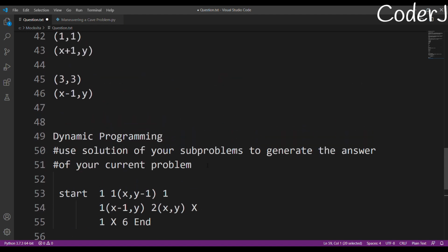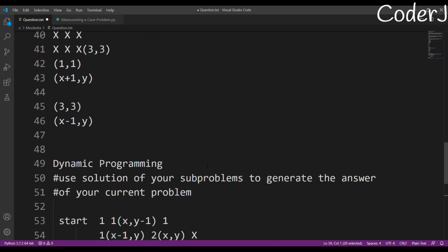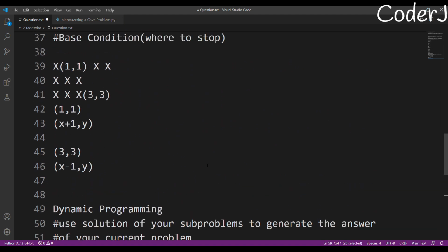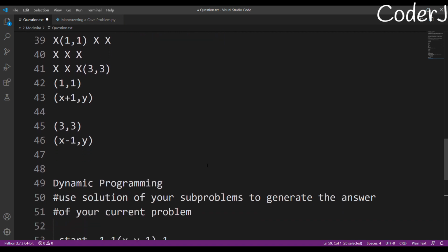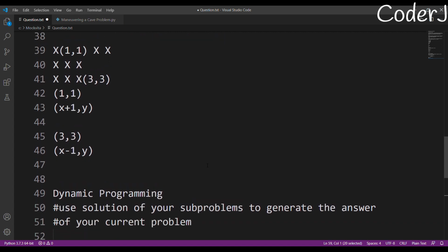So we have solved it using recursion and dynamic programming. The only reason we chose this problem was to get you a better understanding of recursion and dynamic programming, because most of you were having trouble solving these sorts of questions, right? That is why we chose this question. And how do you solve a recursion?